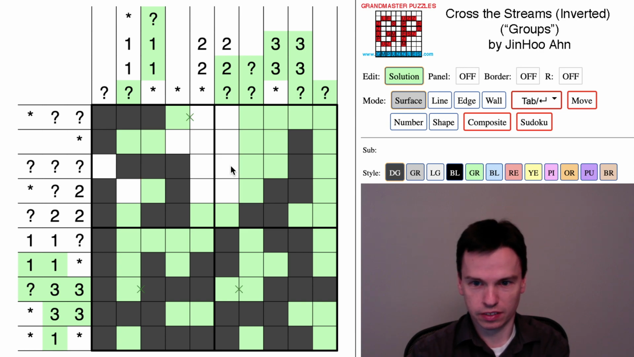We still need to get this question mark, question mark, question mark to work out, so it's going to look like this. We have to get 2 in the space, but it's not going to be these cells. It's going to look like this. This wants to have